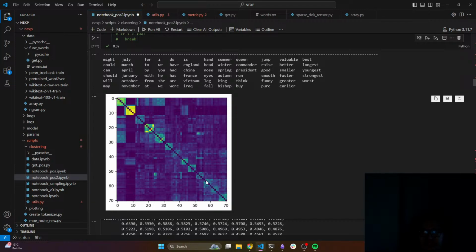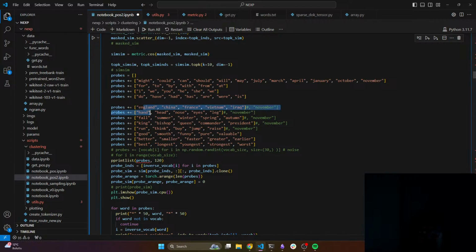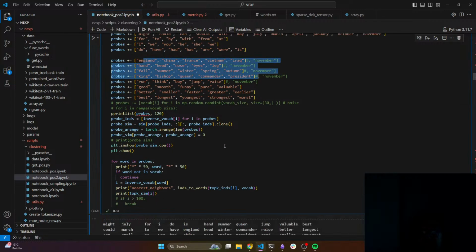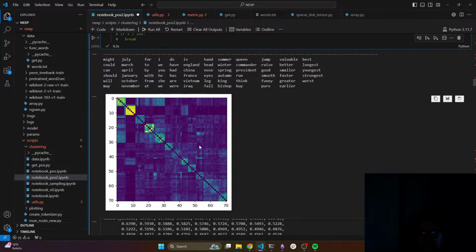These adjectives belong in one bigger category, but within the bigger category there are also smaller clusters. Again, here are nouns: noun, noun, noun, noun, noun. For nouns, there's also a slightly bigger cluster, and within the bigger cluster there are smaller blocks. Now the only question is, they are still similar to every other word too. Adjectives still have some similarity to other words. So are these. So how do we separate them?